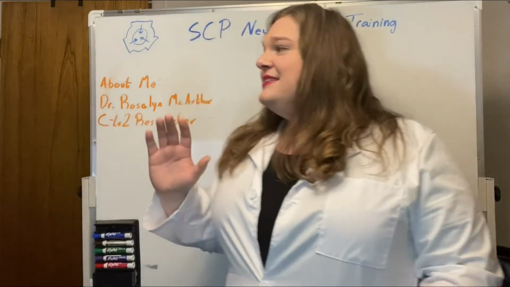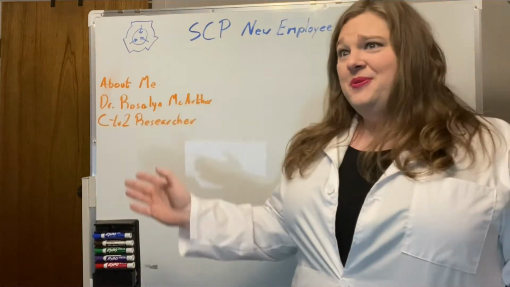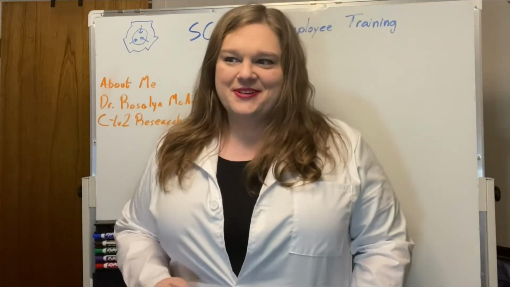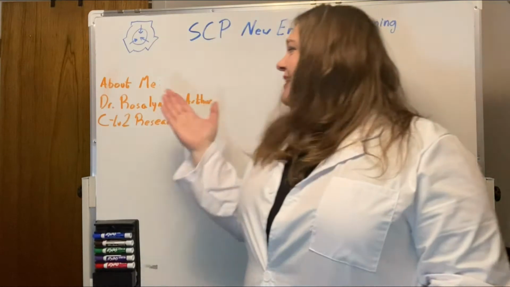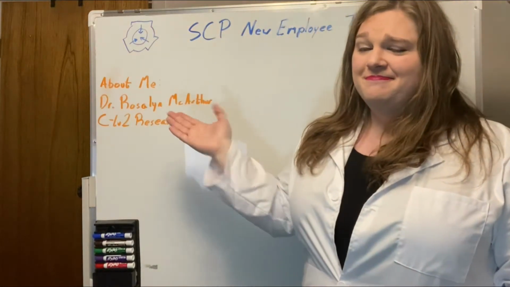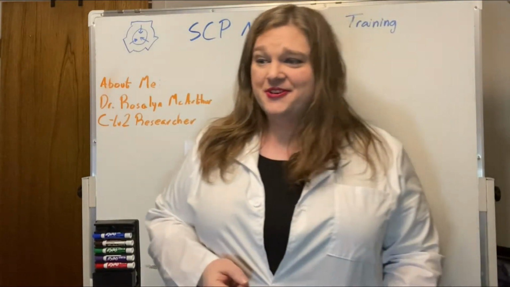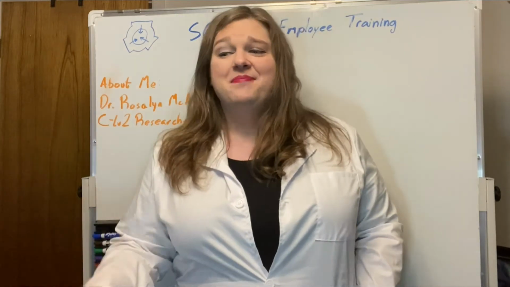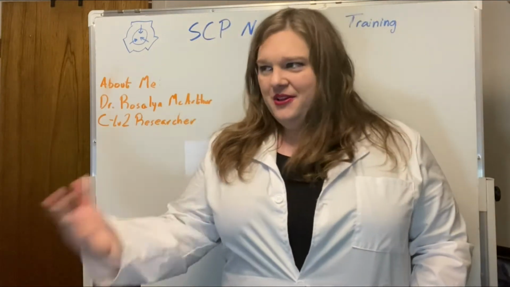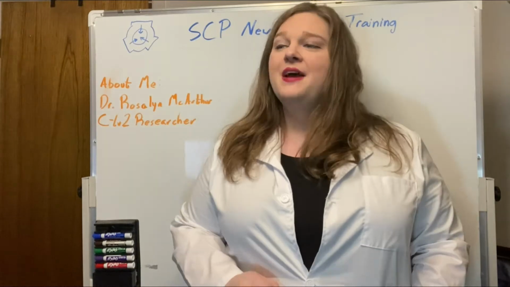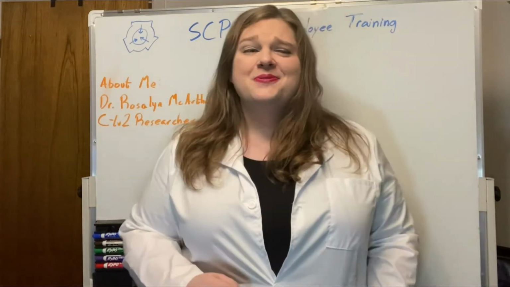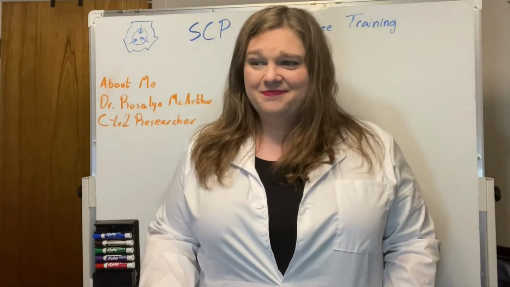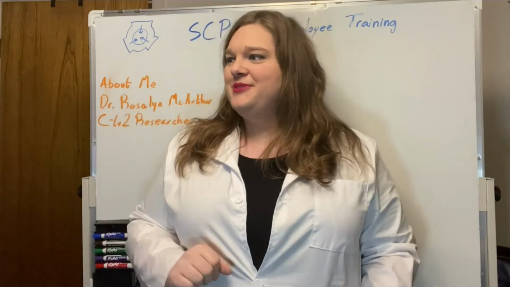Now, since we'll be in this room for the next few weeks together, we'd best get to know each other. My name is Dr. Rosalind MacArthur. I'm a Class C Level 2 researcher. Now, those distinctions might not mean much to you at the present, but you'll understand them soon enough. We're going to go around real quick and have each of you stand up and introduce yourselves. Let's start with you in the bow tie.